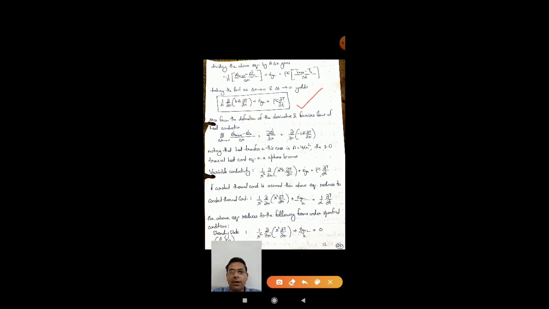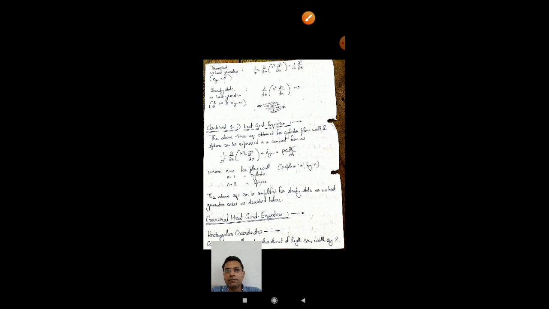And now you can see the variable conductivity equation. Now again remember that surface area here, for the case of sphere, is 4 pi r square. Therefore in place of r, that is when cylinder was considered it was r, now it is r square, and all other things you can just see that are same. So transient no heat generation, steady state no heat generation, all these are same.